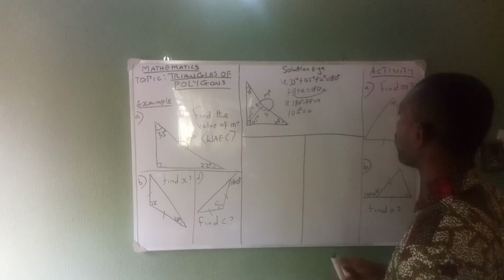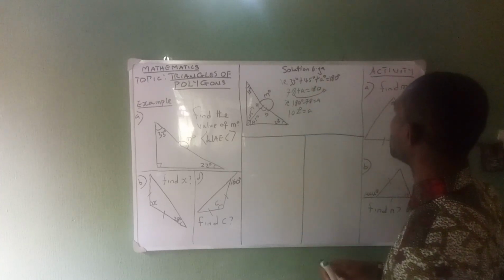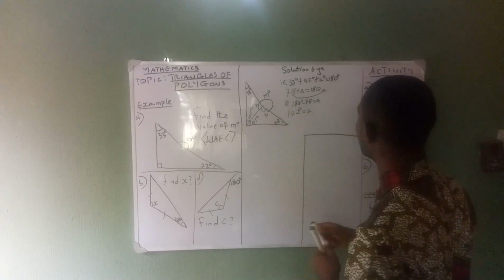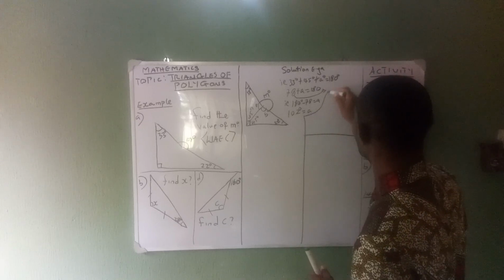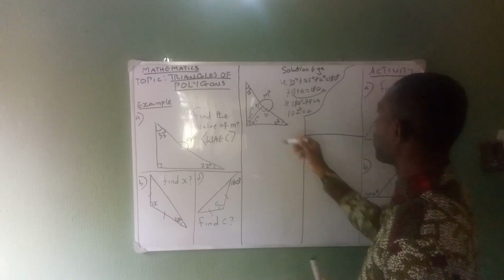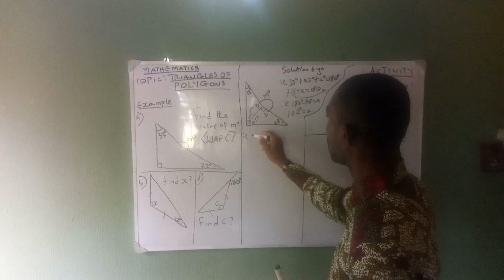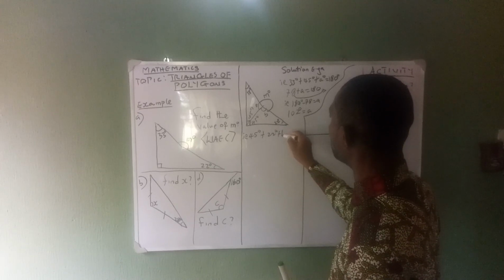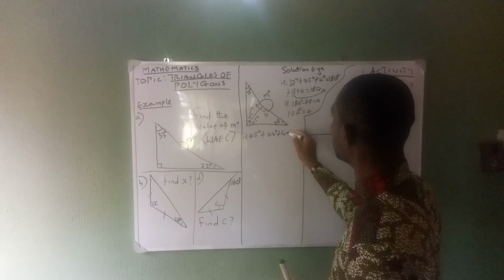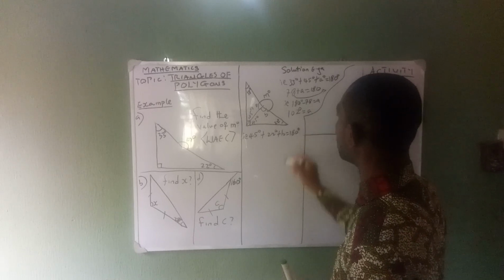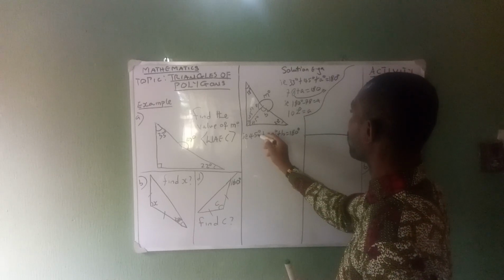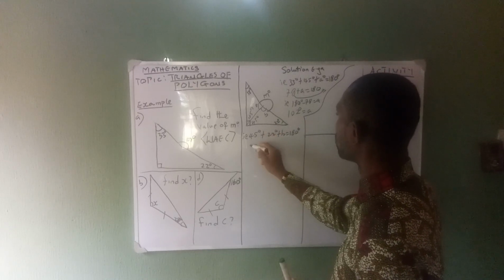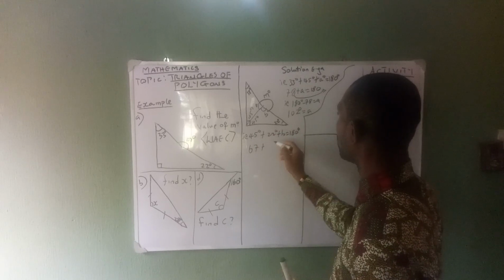So the next one we shall look for is B. Now, to get our B, we have it that 45 degrees plus 22 degrees plus B is equals to 180 degrees. Now, when we add both of them together, 5 plus 2 will give us 7. 4 plus 2 will give us 6. We have it as plus